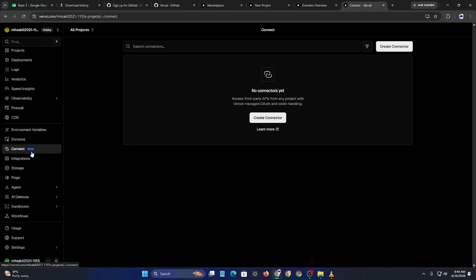By processing requests closer to your users, Edge functions can improve performance, reduce latency, and create faster, more